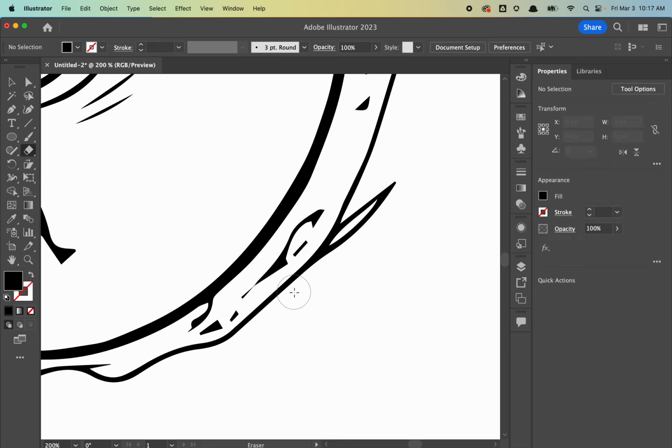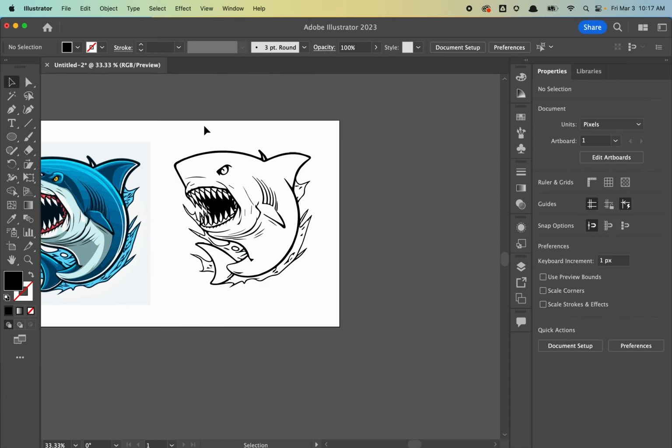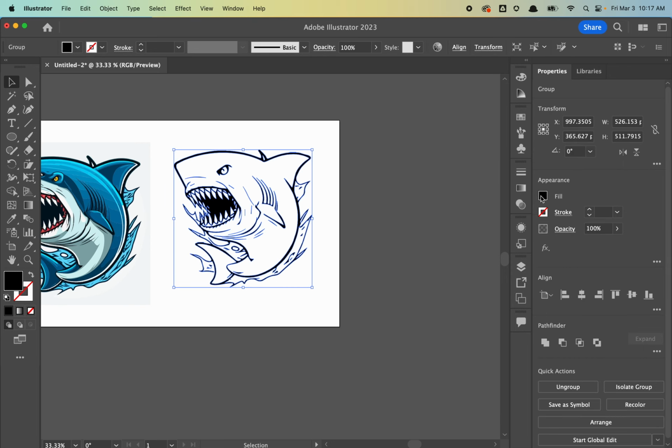I could press Shift E and continue to erase any artifacts. Like this looks a little bit odd right in here, so I'm just going to clean things up like so using my eraser tool. After I have done that, I'm going to take my shark image